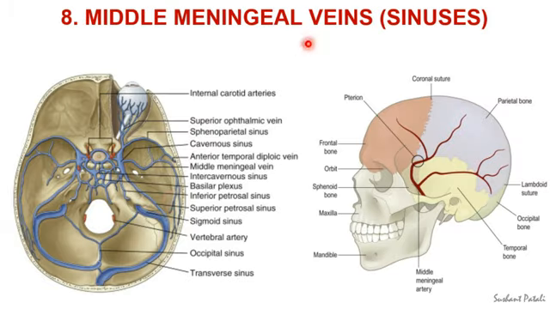The middle meningeal veins, also known as the middle meningeal sinuses, are very important clinically. They accompany the branches of the middle meningeal artery, and they consist of the frontal, also known as the anterior, and the parietal, also known as the posterior trunks. Both the trunks communicate above with the superior sagittal sinus through the venous lacunae, which we already studied. The frontal trunk terminates into the pterygoid venous plexus through the foramen ovale or into the sphenoparietal or cavernous sinus. The parietal trunk ends in the pterygoid venous plexus through the foramen spinosum.